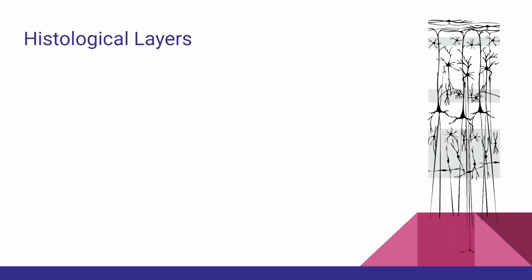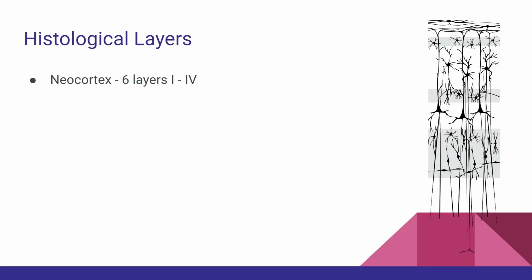So now we're going to talk about the histological layers that are found throughout the cortex. A way to imagine it is like taking a core sample from the ground and then looking at the different layers that you'll see. And you'll find within the nervous system, different parts of the brain have a different thickness of the different layers, and that can tell you much more information about what that part of the brain is used for or how it functions. So the most superficial aspect of our brain is called neocortex, and it is in 6 layers,